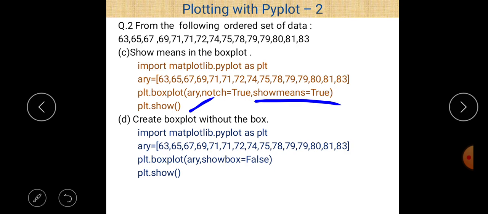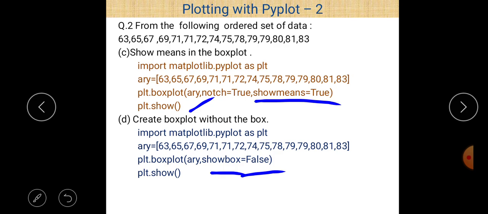So last part of the question, create a box plot without the box. Without the box, it means the box is not shown. For that purpose there is a parameter value named showbox, and we can easily see here that showbox is equal to false. By default showbox is equal to true, so if we don't mention the showbox parameter, then showbox is equal to true is considered.